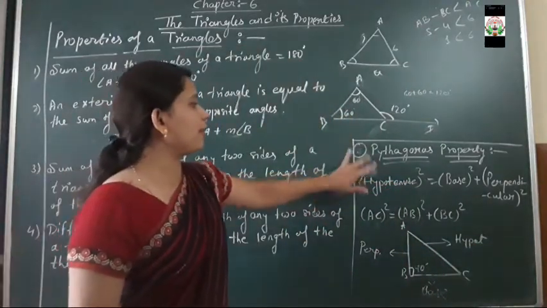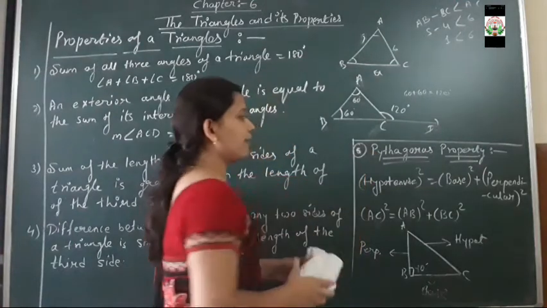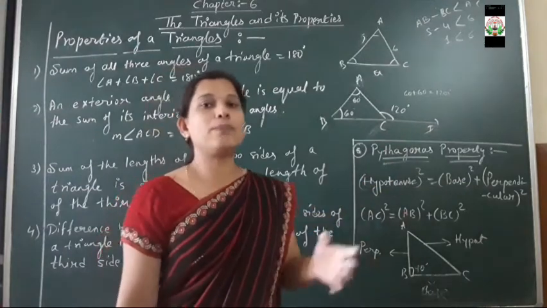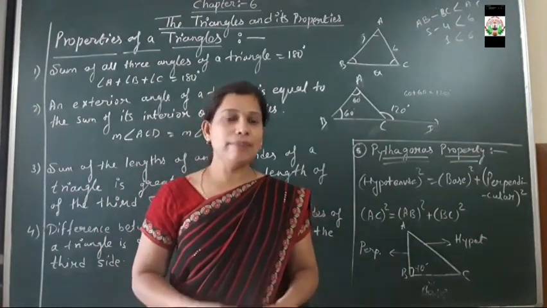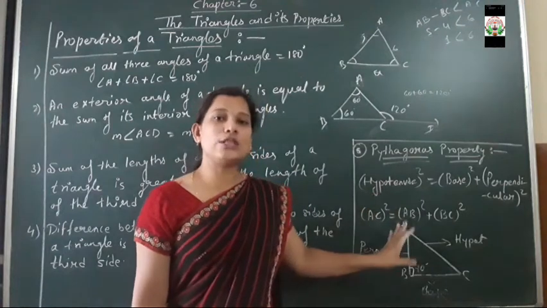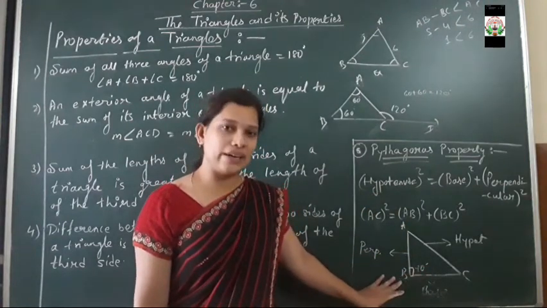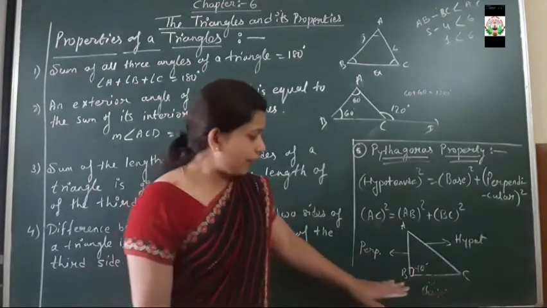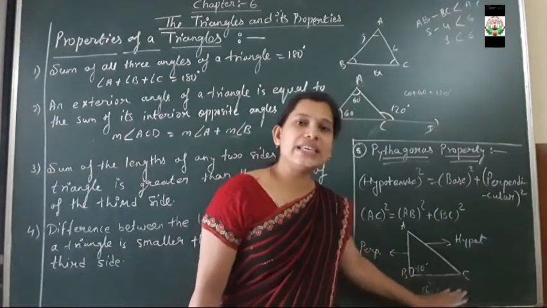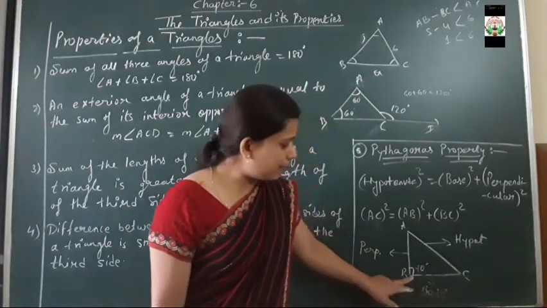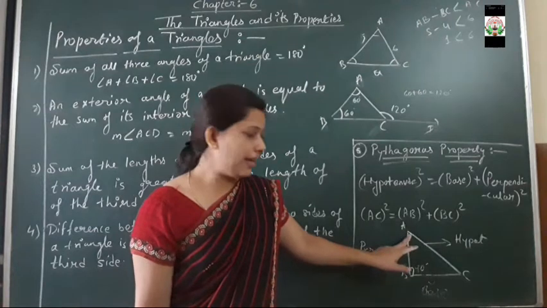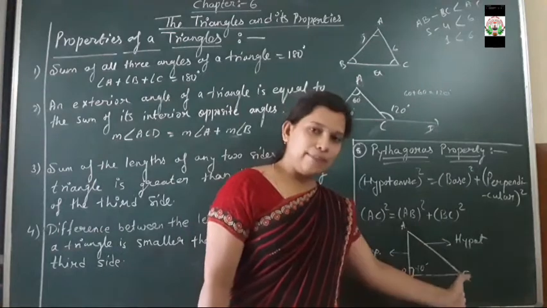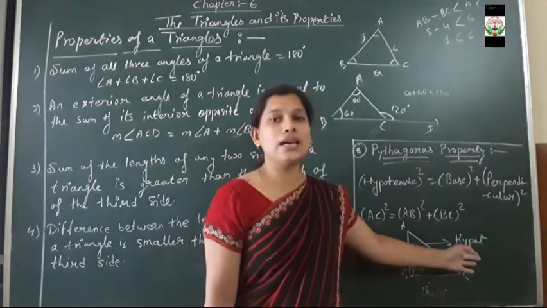Now next property, property number 5. It is a very important property, the Pythagoras theorem. This theorem or property is always applicable for the right angle triangle. So here is the diagram for a right angle triangle. In a right angle triangle, this one is the base. BC always acts as a base, where it makes a 90 degree angle from the vertex A. It acts as a perpendicular line. Then the line in a sliding position, that is AC, always acts as the hypotenuse.